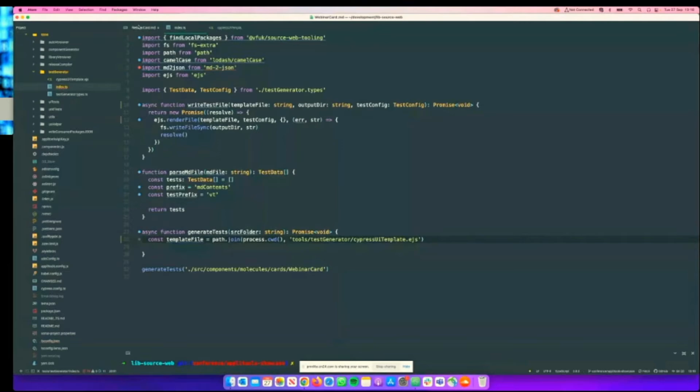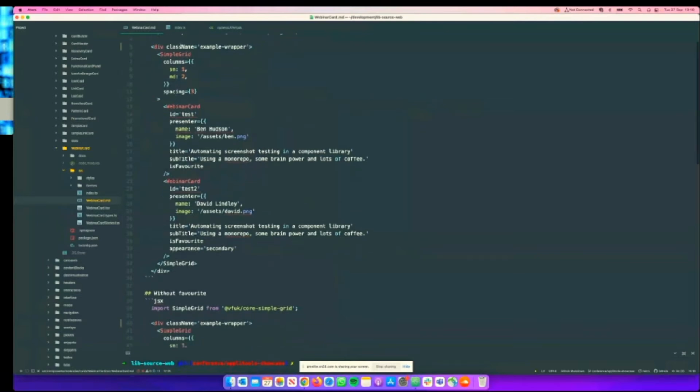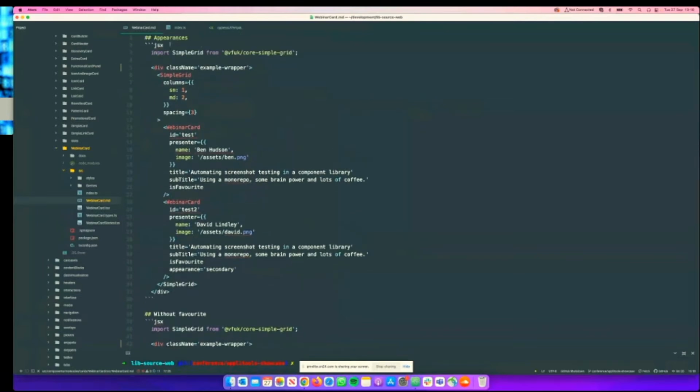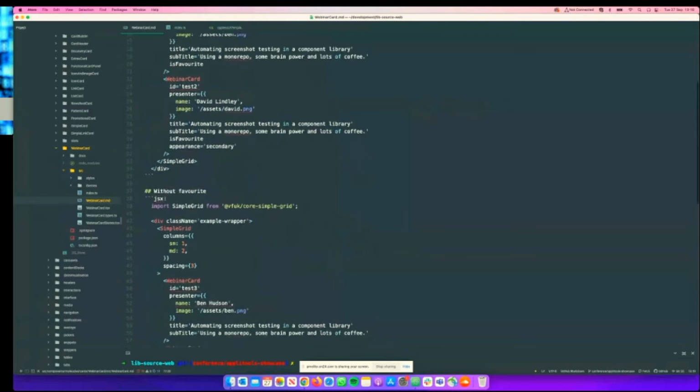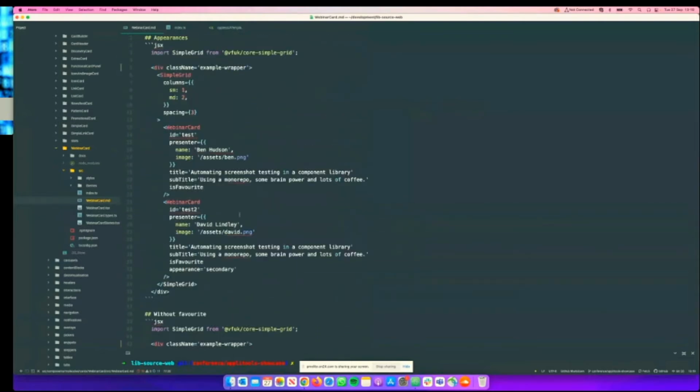And then over here, this is the markdown file that we have. Before each example, we just have a simple heading 2, and then we go into our JSX code. So this is our first example with the appearances, second example without favorite, and then the third example without subtitle. What we need to do for each one of these is give it a unique ID